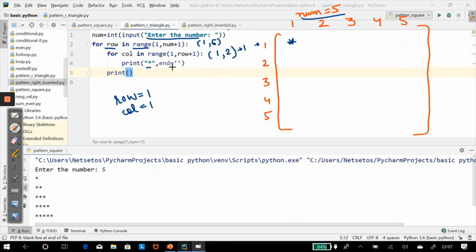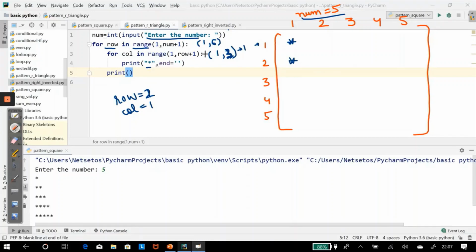Then it will go for the second one, but 2 is excluded, it won't be executed. So here it will come out of the loop, and row will be 2. Now for column it will execute from 1 to row plus 1, which is 3. So for column 1 it will print a star.